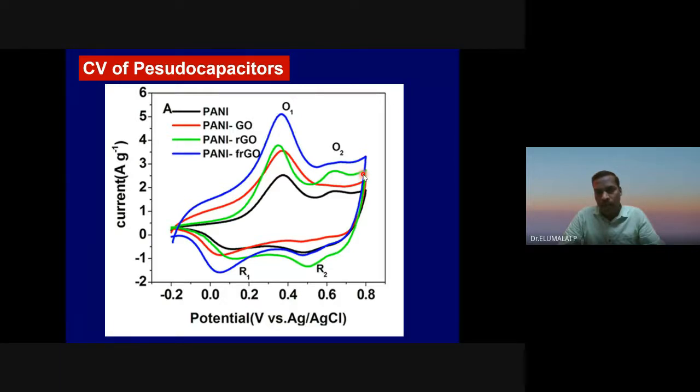Cobalt oxide, some polymers. You see here, these are all polymers. Polyaniline. Along with that, graphene oxide, reduced graphene oxide, functionalized reduced graphene oxides are added. You get more than one peak sometimes. Larger the number of peaks, more the number of peaks, higher the charge storage you can expect, because all the redox reactions will contribute to the charge storage. Are you with me? Can I go ahead? Yes, sir. Yes, sir.